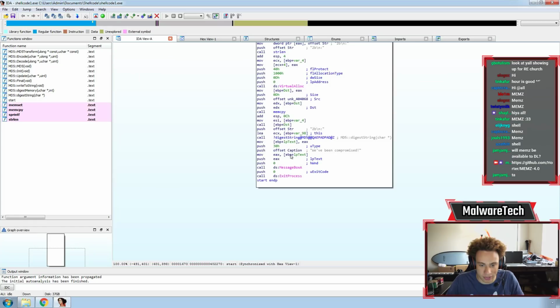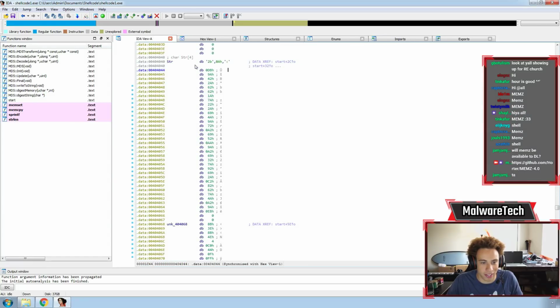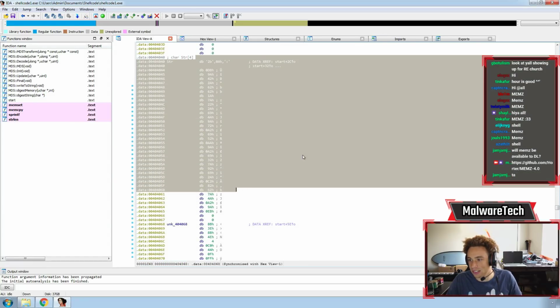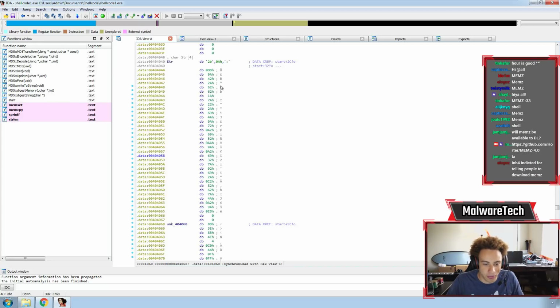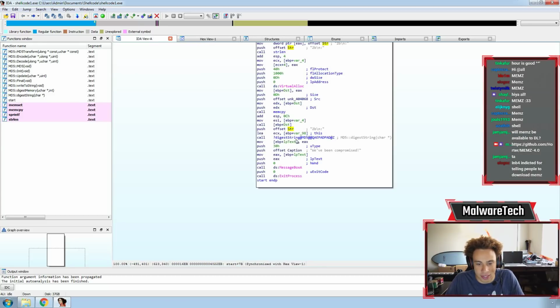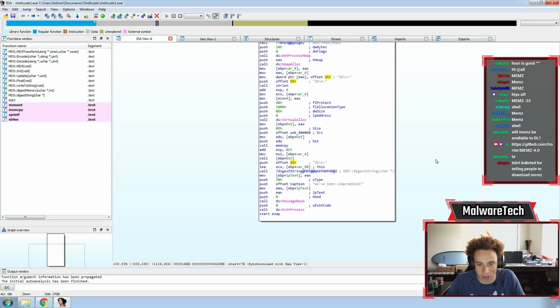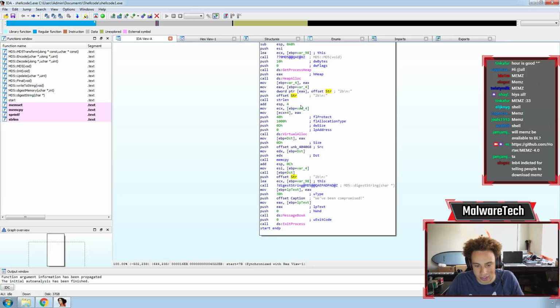So again, like with strings, we can see our function which MD5 hashes the flag right here. And then the parameter is the first thing pushed to the stack, which is offset stir. So if we actually take a look at stir, we will see that it is gibberish. That's because it's encrypted. So we need to find out how to decrypt this. So if we look up a little bit more, we need to find where else stir is used. So we can actually see it's used here with strlen. So we're getting the length of this,